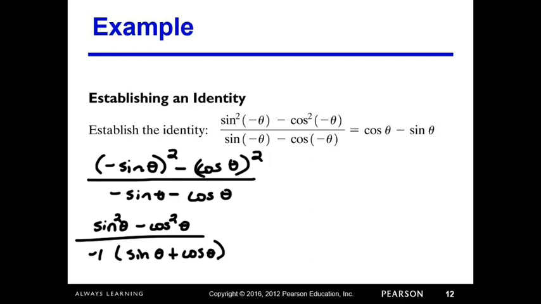Okay, so now we can factor the numerator. It's a difference of squares, so it's sine theta minus cosine theta, and sine theta plus cosine theta, divided by negative 1 times sine plus cosine. So this part cancels, and you're left with negative 1 times